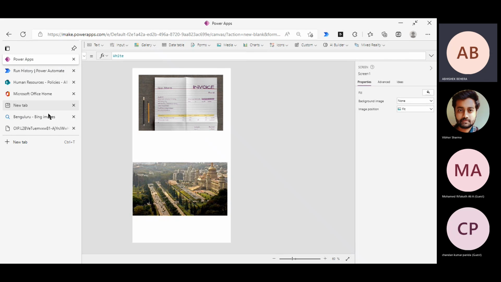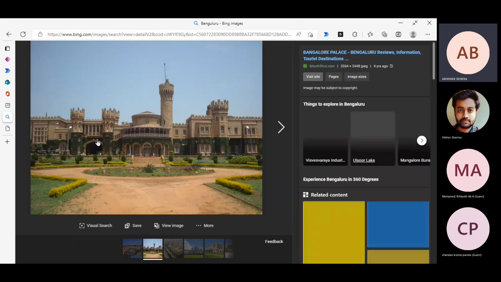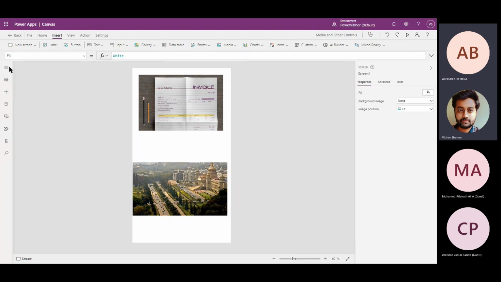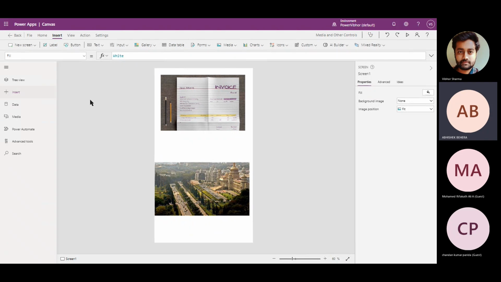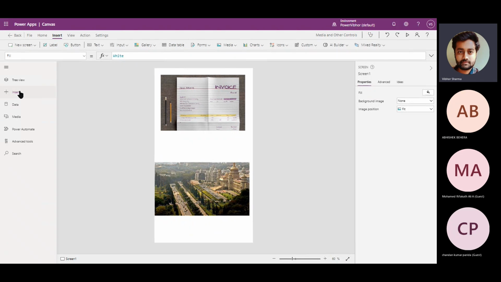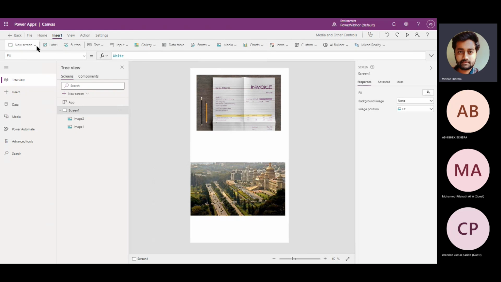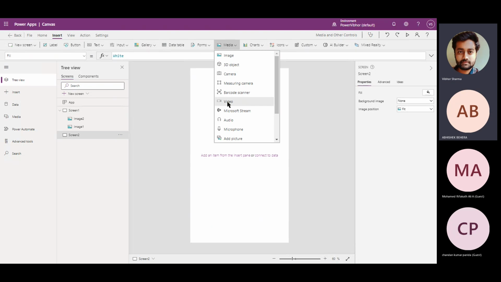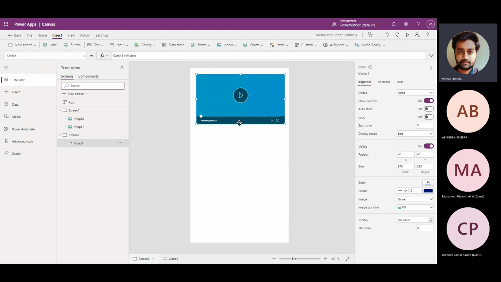Or we have the link, then it will be working. Yeah, that's right. So if you go here and then you have in the tree view, you also upload a new screen, new images here, right? And then in similar way, if you introduce a video, perfect,